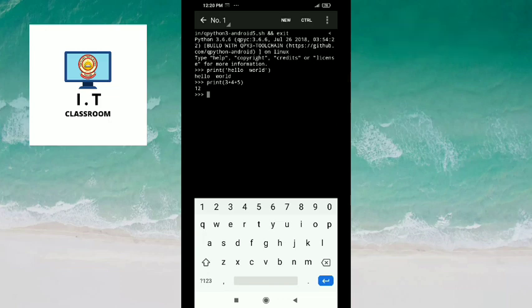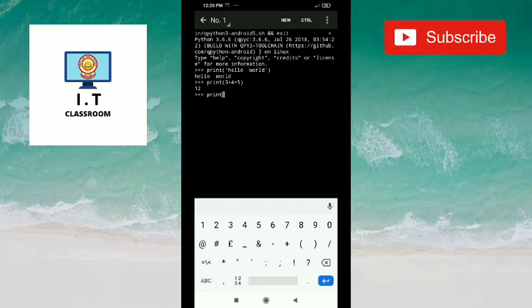Next, I am telling you how you can subtract the values. Suppose you want to subtract two numbers. Then first type print, then bracket start, write the numbers which you want to subtract, bracket close.